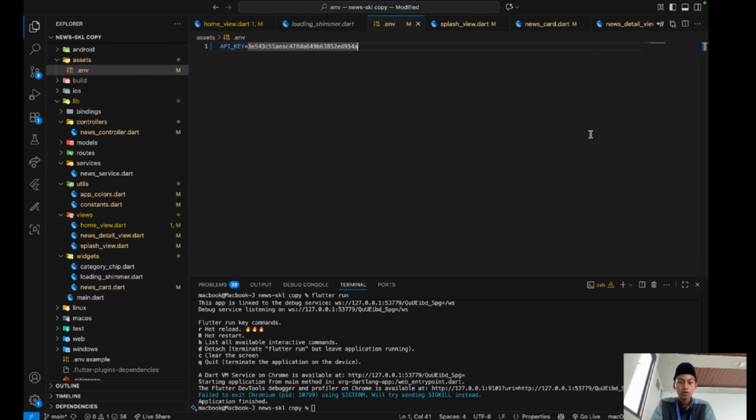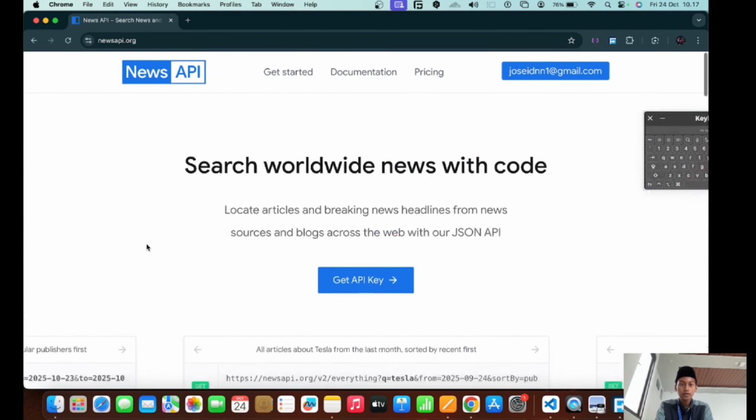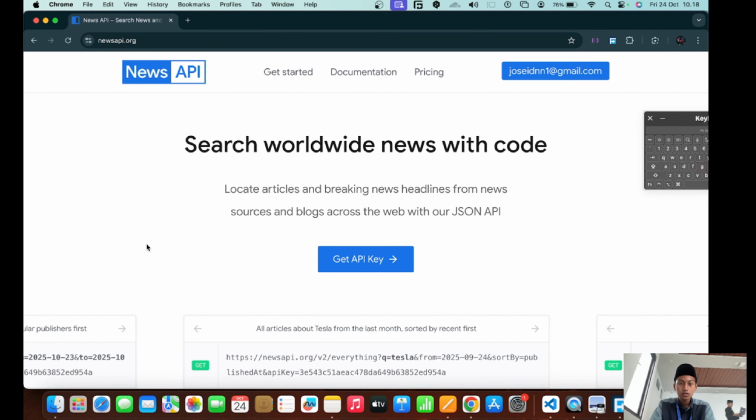Here is where I use the API key for my project, there is the name of the API key, and then where we can get the API key. You can use it for the News app exactly at newsapi.org, like this, like the UI for News API in Google, and then you can choose get started.